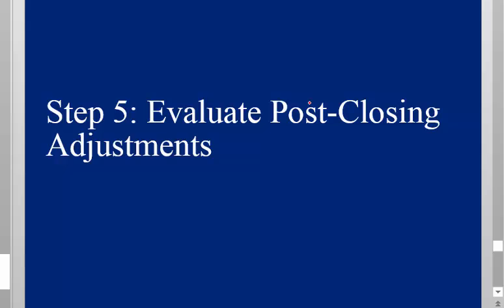So let's say 6 months go by and you're like, oh my gosh, these guys were never adding back meals and entertainment, so the NOL's too big. I guess I booked too big of a deferred tax asset. Well, now I want to adjust it. So if you want to write off a deferred tax asset, normally it would be credit DTA, debit something. And normally the something would be expense, right? Because anytime you move deferreds, it's through expense. But for this acquisition accounting thing we talked about so far.